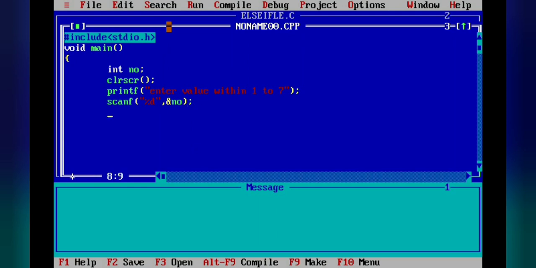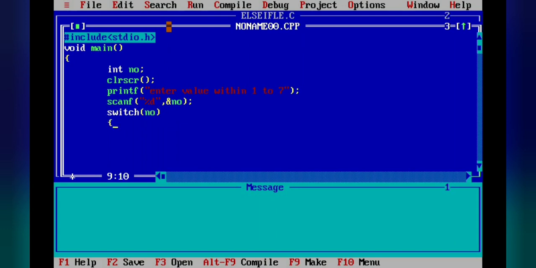Now whatever value we have got, we will check in our switch statement. So first switch, and in the parenthesis I am giving our input, that is the number entered by the user.